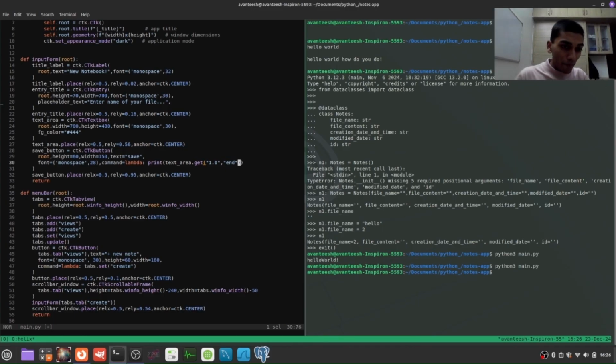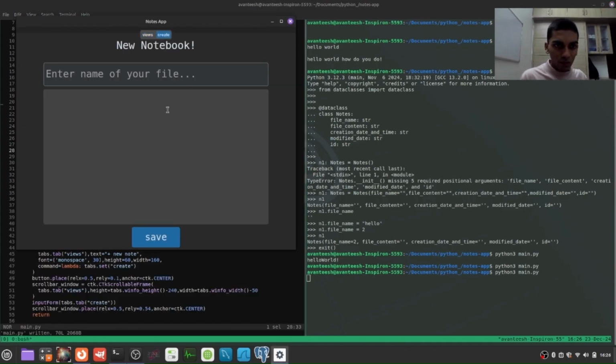So what we're doing is, the moment we click on save button, we should get the text inside the text box. So let us try that. So I'm gonna say hello there. So as you can see, we have hello there printed. Now let's try something else. I'm gonna say 1 2 3 4 5, just give some dummy text for now. You can see we have the buffer